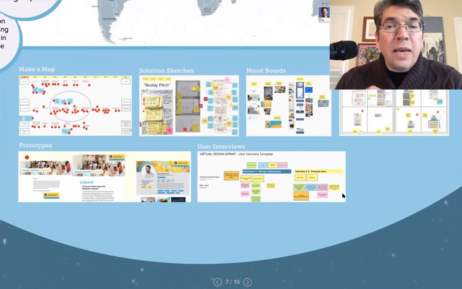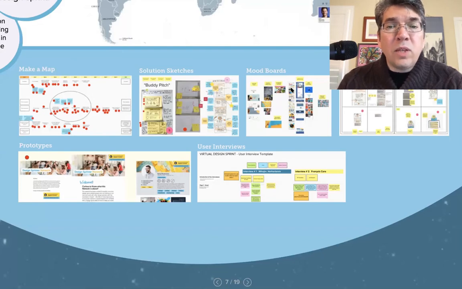Now, it is worth noting that one of the things that was critical in the success of this happening was using some sort of software product that everyone could rally around to put different artifacts and documents and other things that are native to the design sprint process within the same space. And what really seemed to work with Mural is that for a lot of the major together, online activities, this worked perfectly. So the examples here are making a map and figuring out where your target is, posting solution sketches, scanning them in and putting them here for everyone to see and comment on.